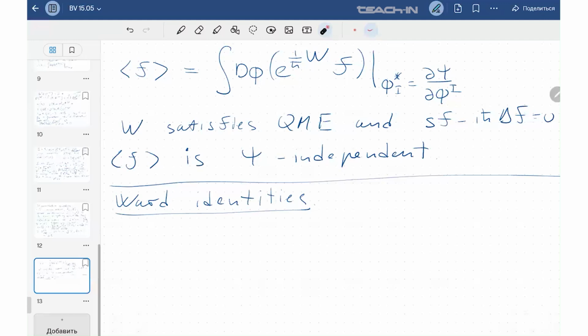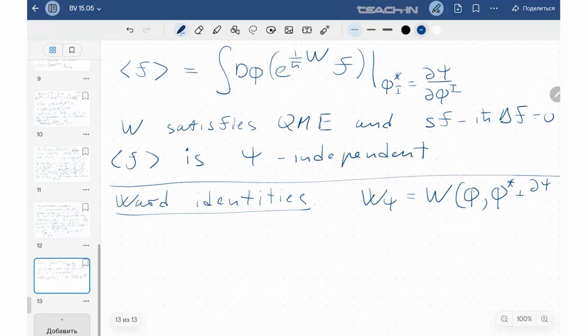So the idea is to consider W psi, which is just W of fields and shifted antifields. So we just make the following change, and we keep the dependence on antifields. If we now substitute, and the same we do for an observable if we insert one, we can, for instance, consider